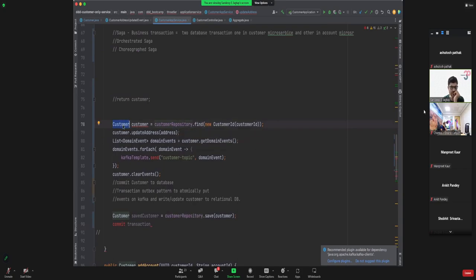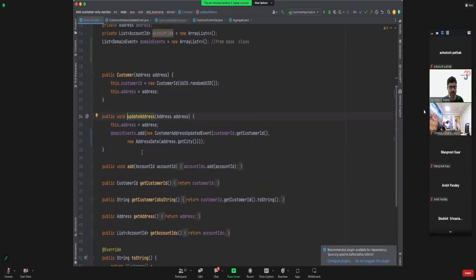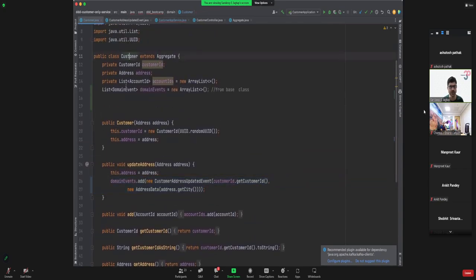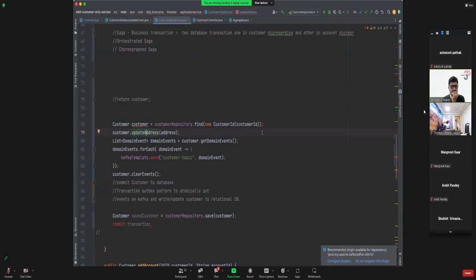So that's the first thing. So it has a customer domain object. Now it calls customer.updateAddress. That's the second thing. It updates its own address and creates this domain event, and this domain event is held with the customer domain object in this list here. Now we need to do two things, right? First is we need to get this domain event from the customer. So we are getting customer.getDomainEvents, and we got the list of domain events which were generated after update address was done. And then we are using Kafka template.